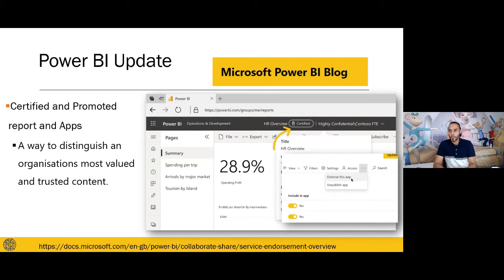And so there's now a certified and promoted reports capability in Power BI, which allows you to certify reports, which is quite cool. So you can stamp a report once you've created it, just to confirm that, yes, this has been reconciled to the system. It has been checked and verified by personnel, and we've certified that this data is correct. And that's a cool new feature, which I think would be very useful going forward as well. Okay, so check that out.